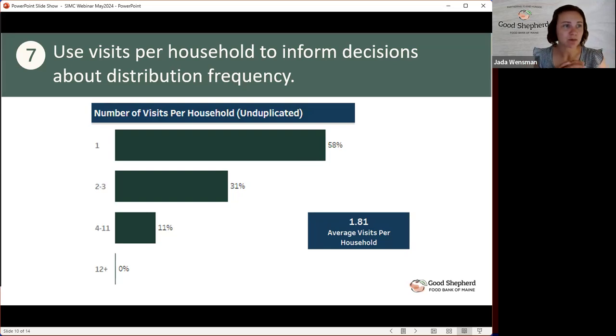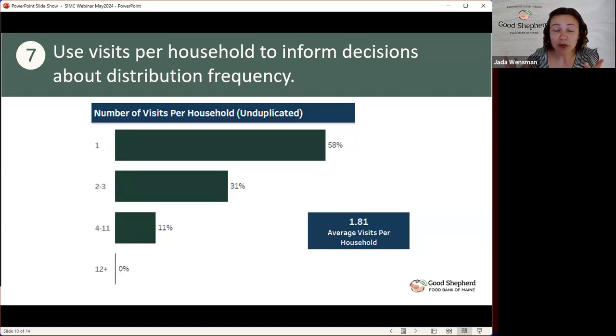So if you want to know, for example, in the last year, how many times have most households visited? Is that just once? Is it 12 times because you're open once a month? Or are they coming every single time that you are open? And similarly, this average visits per household can give you that sense. And so you're selecting a time period to look at. And then you can go from there and say, all right, if they're visiting every single time we're open,